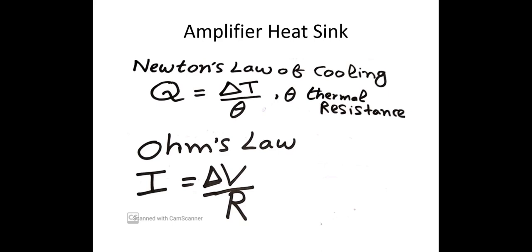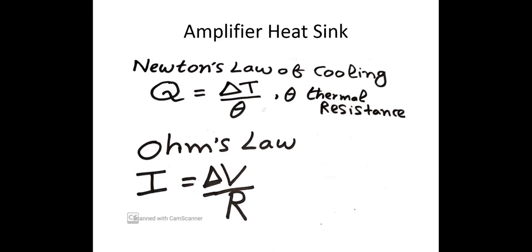So we start with the basic theory, and that is the Newton law of cooling. And if you remember, you have already studied this law in your high school. So Newton law of cooling can be stated as the rate of heat flow between two regions is directly proportional to the temperature difference between the two regions and inversely proportional to the thermal resistance between these two regions.